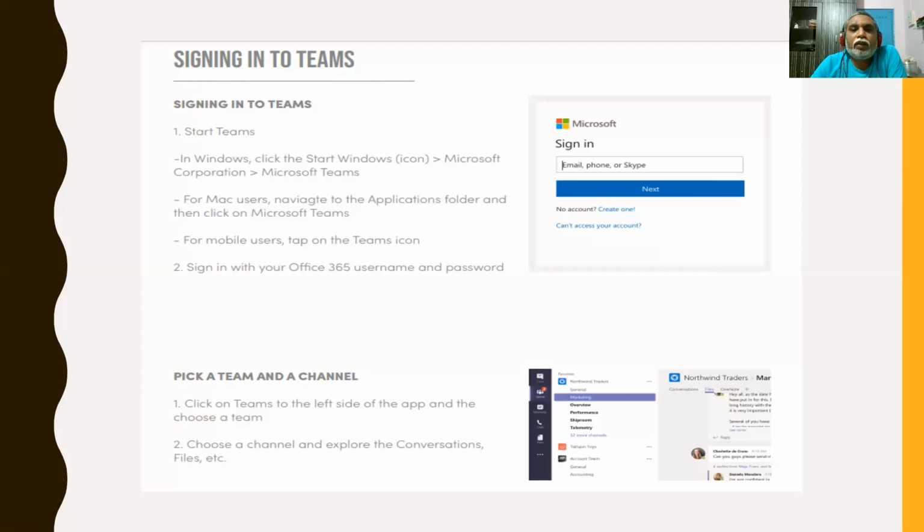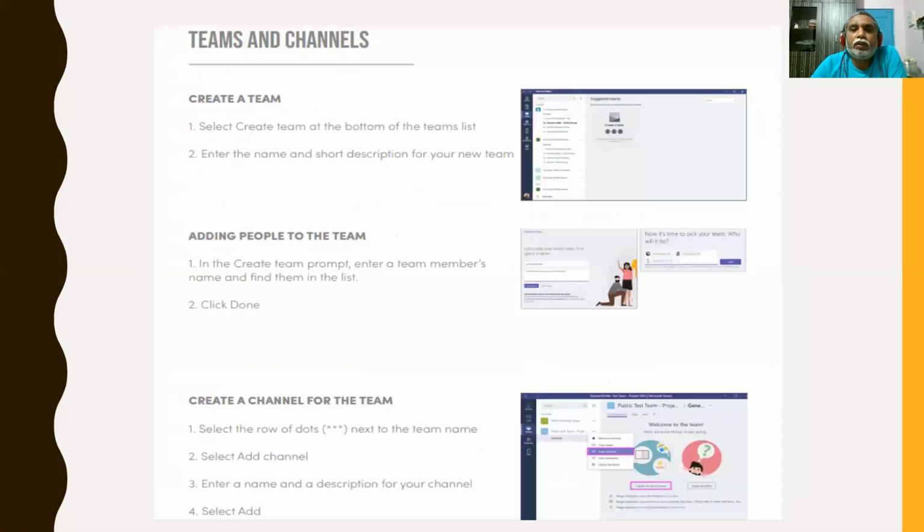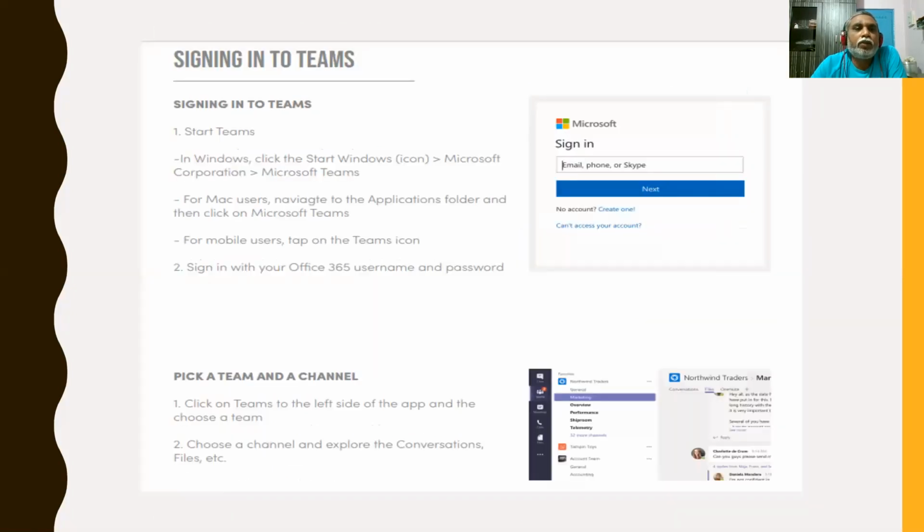You can use the email ID that we created in our last presentation. Then you enter the password and email ID, then create a team. Sorry, first you start Teams. On Windows, click on Microsoft Teams.